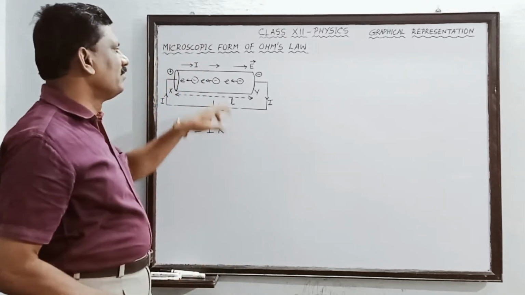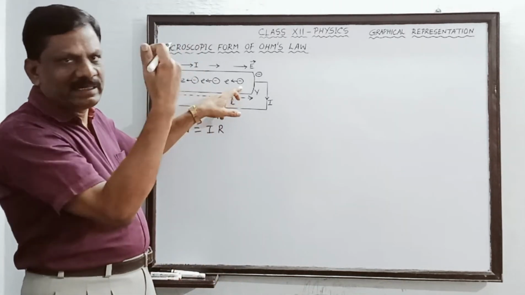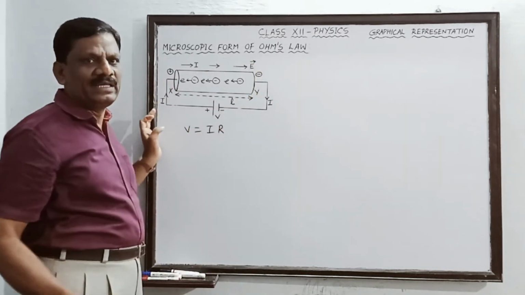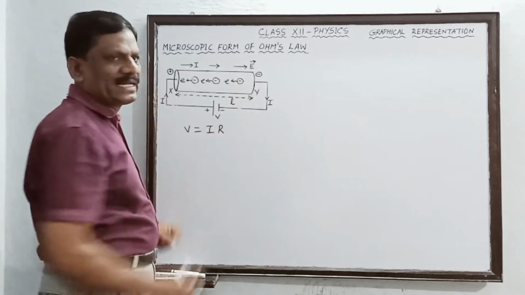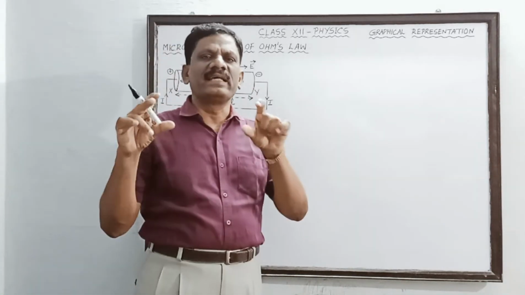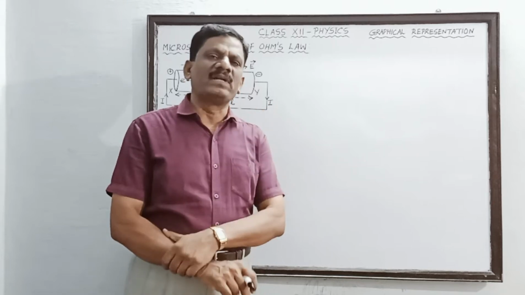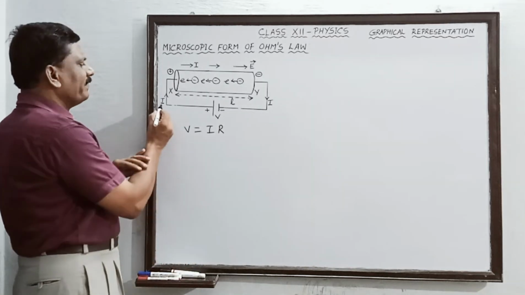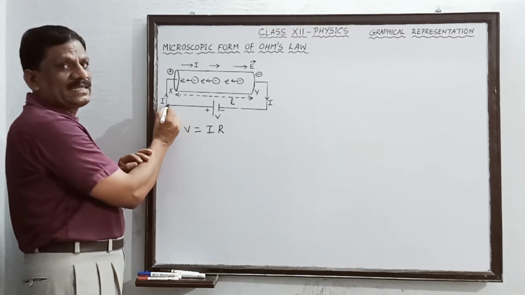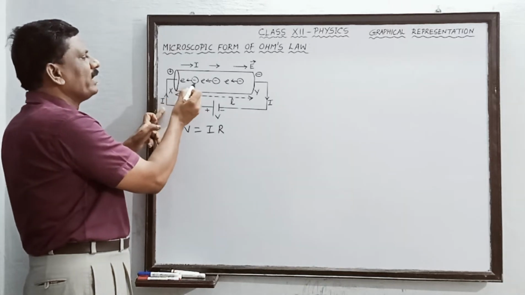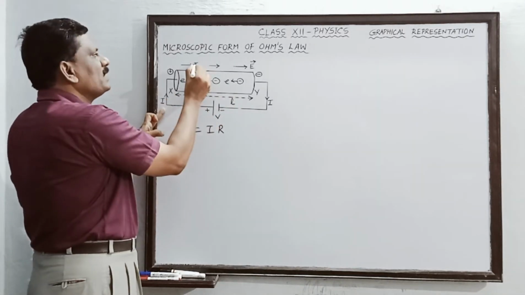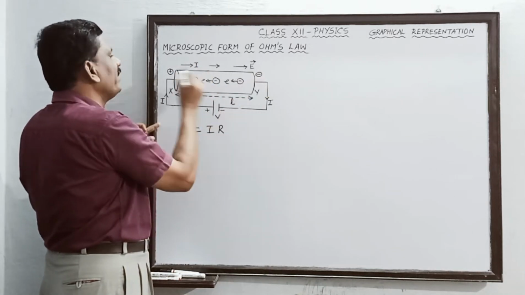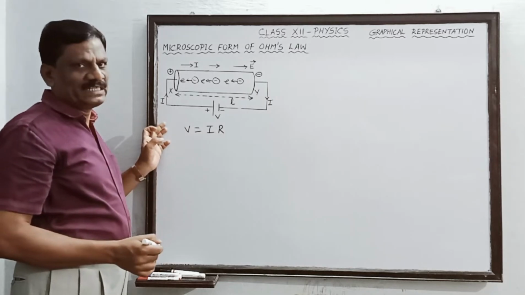As a result, the free electrons will be attracted towards the positive potential and there is an electric field E established across the conductor XY, and that electric field E is equal to the potential gradient, V by L. And the conventional current is due to the flow of positive charges and this is equal and opposite to that of the electrons. So this must be the direction of the conventional current I and this must be the direction of the electric field, from the positive towards the negative potential.